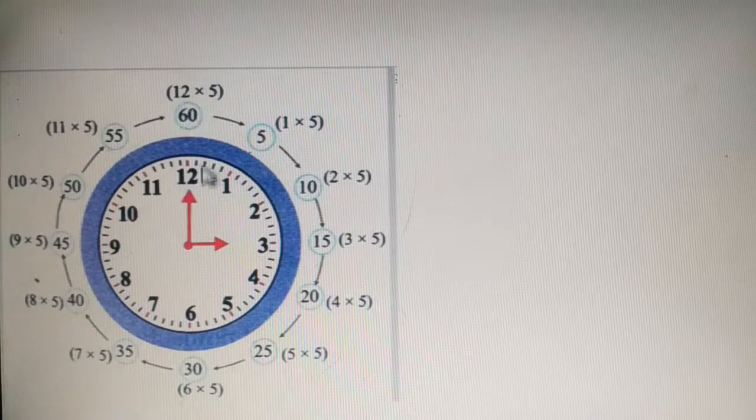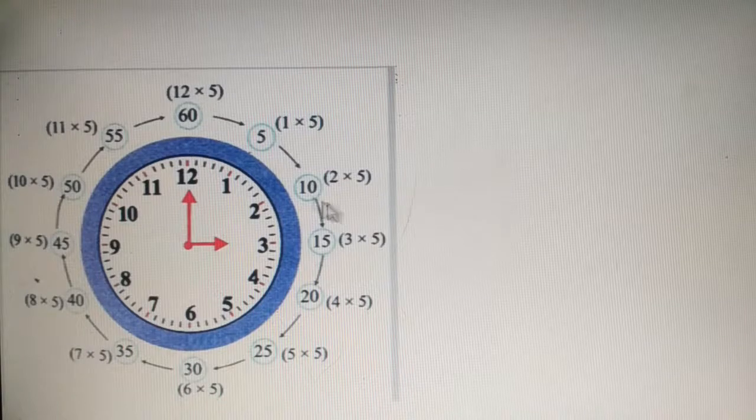But children, there is one important thing that you must know. When the time is any number and 60, suppose 2:60, we do not need to write it as 2:60. The time is 3 o'clock. Till 59 we can write 2:59, 2:58. But when the time is 2:60, it is not written as 2:60. It is written as 3 o'clock, which means the next hour.